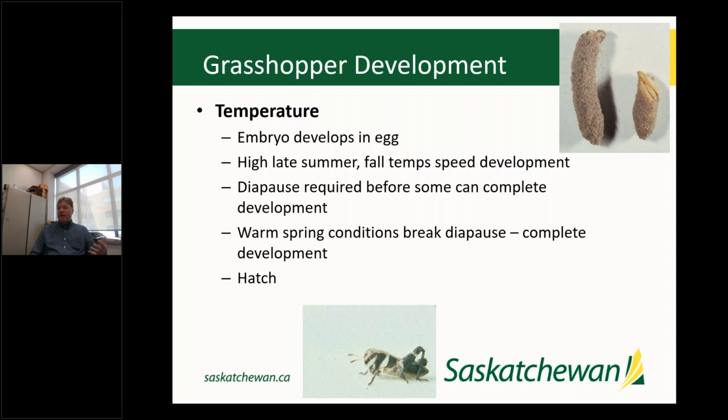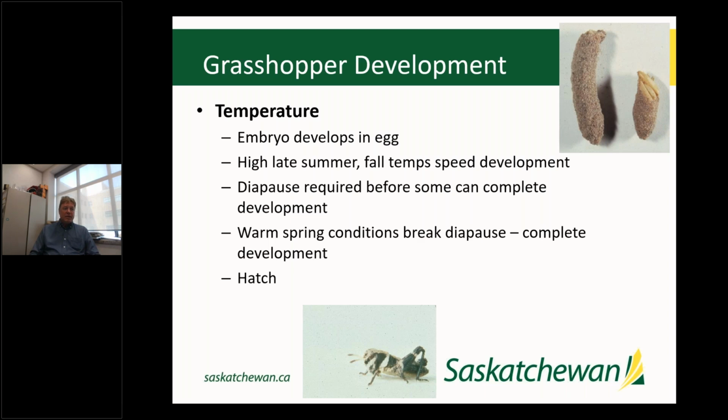So what's occurring inside that egg, of course, is the development of an embryo. High late summer and fall temperatures are going to speed development of that embryo. And of course, we had warm conditions late summer and fall last year. And then they're going to enter into what's called a state of diapause. It's a little bit like hibernation, but it's associated strictly with arrested development. So that embryo is going to stop developing,